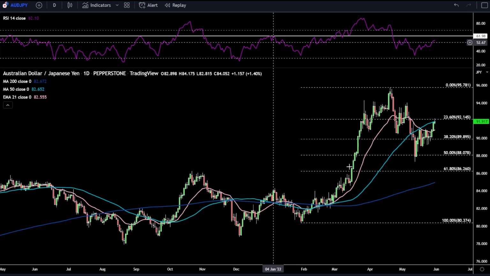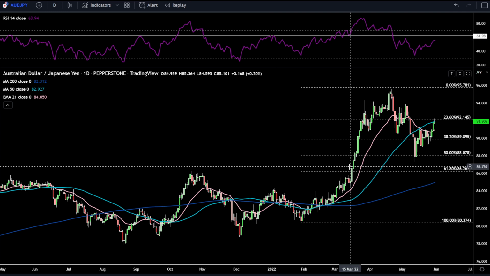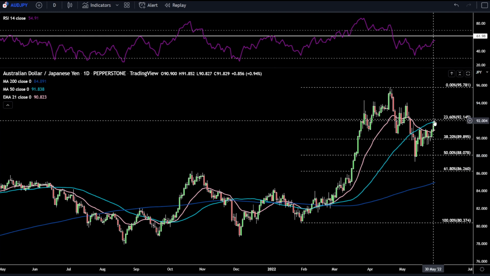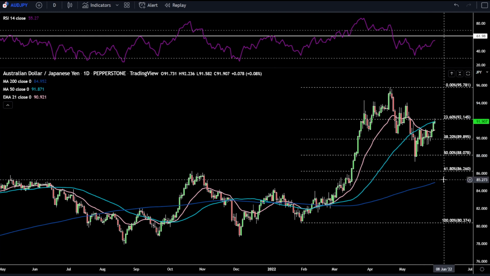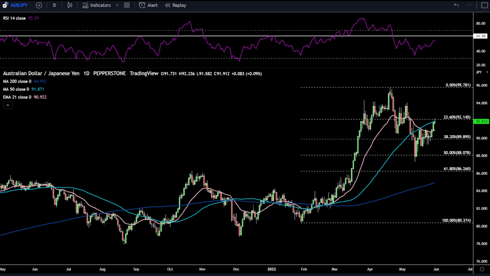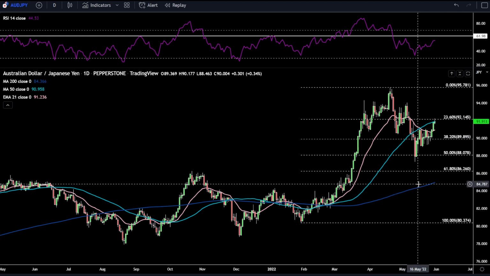Aussie dollar JPY also right up against this 50-day simple moving average. I like to look at this pair because it's a key measure of risk sentiment. We can see it got up this morning, but it's been retraced. Sellers have come in a bit, knocked it back down. Interesting one to have on the radar.